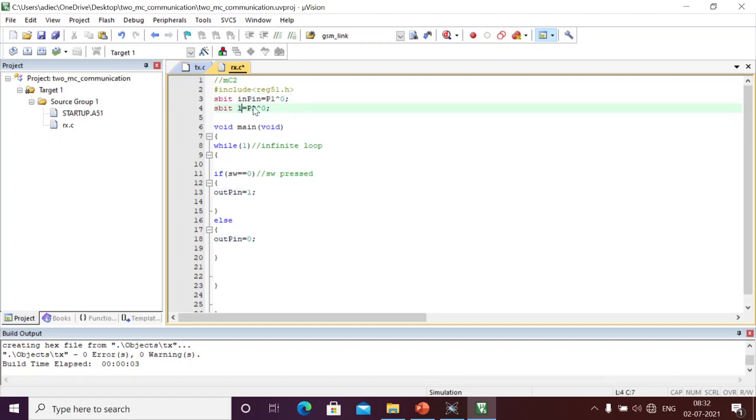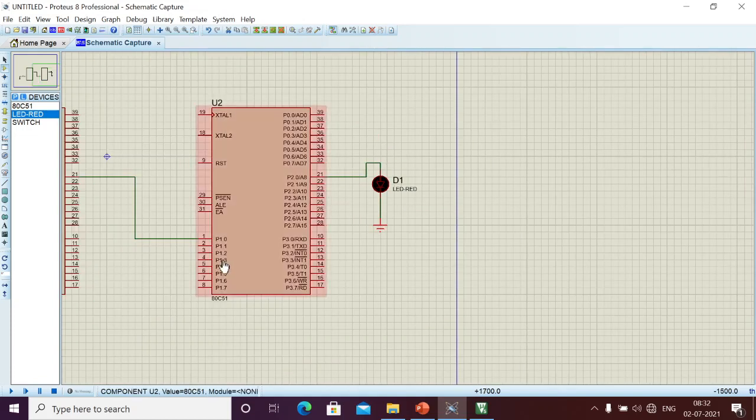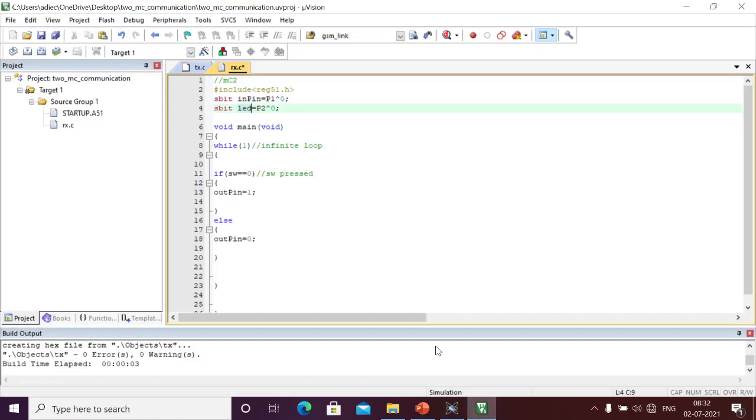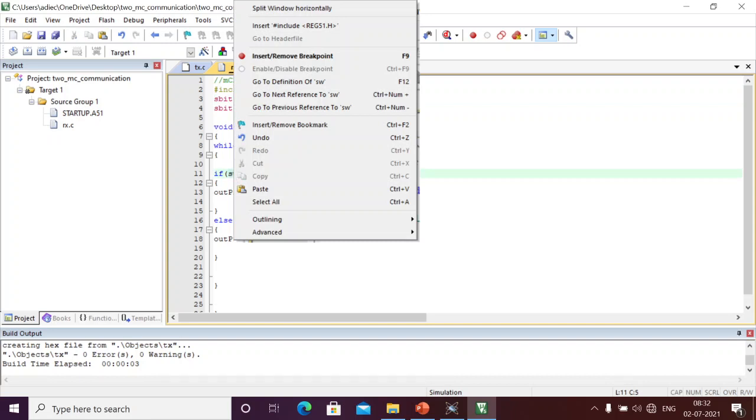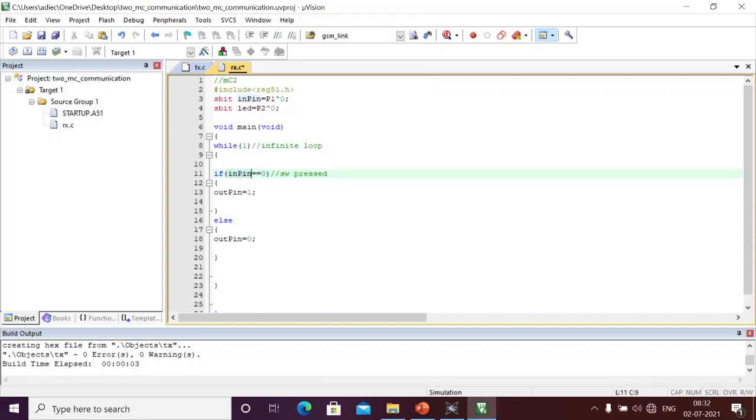This is my LED. The LED was connected across 2.0. If you see the hardware, 1.0 is in pin and 2.0 is my LED. In pin and LED. Here, when I receive that in pin is logic 1, I am going to send logic 1 to the LED. In pin double equal to 1, I am going to set the LED to logic 1.